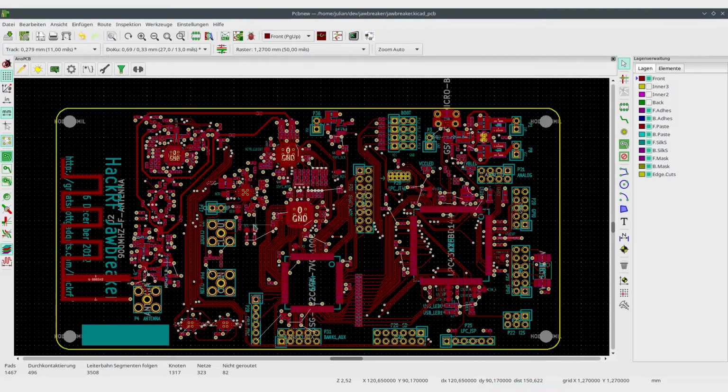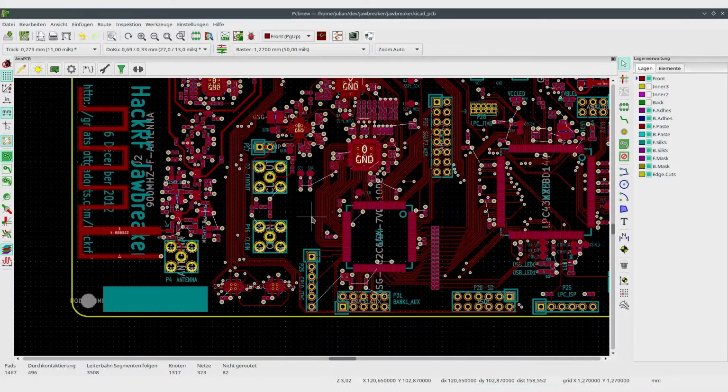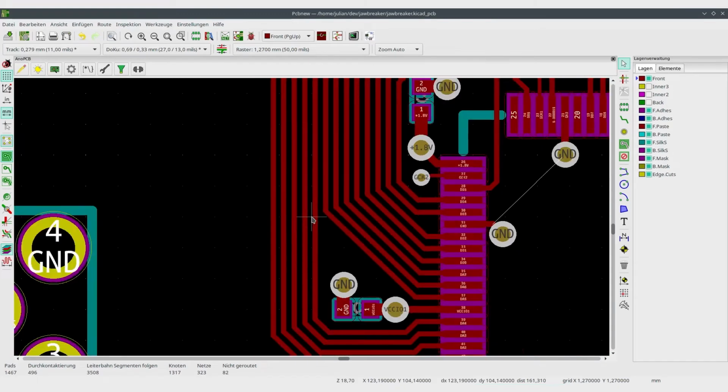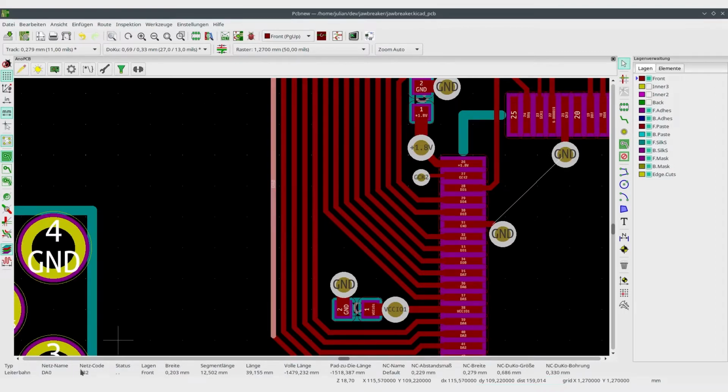When you use the plugin and analyze a new board, let's say you have a pre-trained model which matches the sizes and configuration of this board, then there's still a step missing before you can do your analysis. You have to provide annotations for your board, the signal data, and those are annotated to each net. So we can take a look at this board. This is the Jawbreaker board, and this is already a fully annotated board. And we can just choose some wires. At the bottom you see this has a net code and a net name, and this will then have an annotation to it.